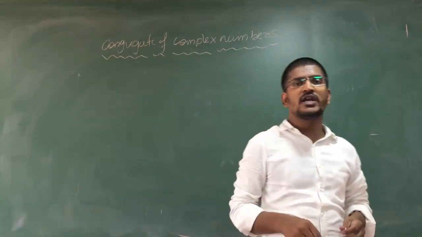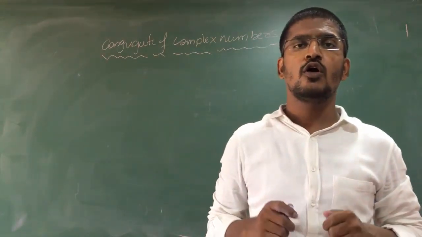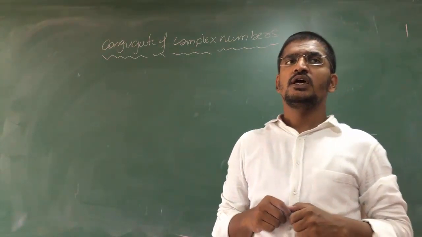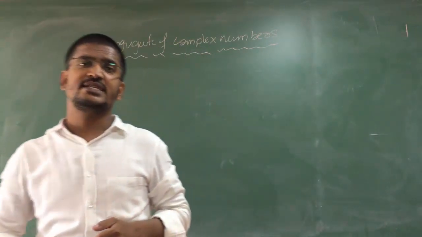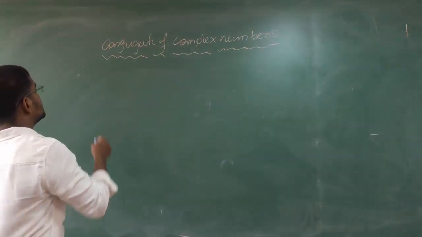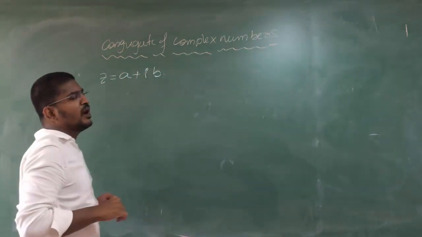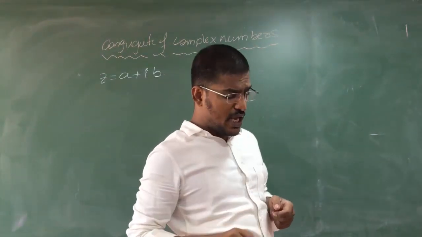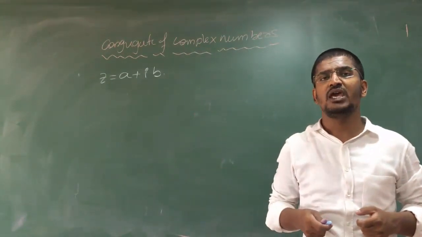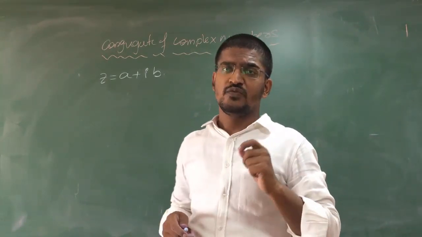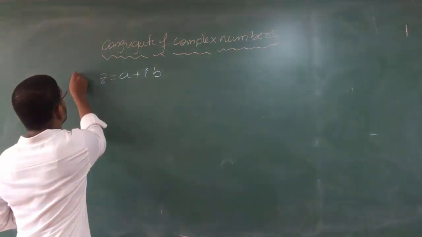Okay students, now let us move to our next topic, that is conjugate of complex numbers. Here, first let us take one complex number, that is, if z equal to a plus ib is my complex number, then what is the conjugate of this z equal to a plus ib? The definition tells that if z equal to a plus ib is the complex number,